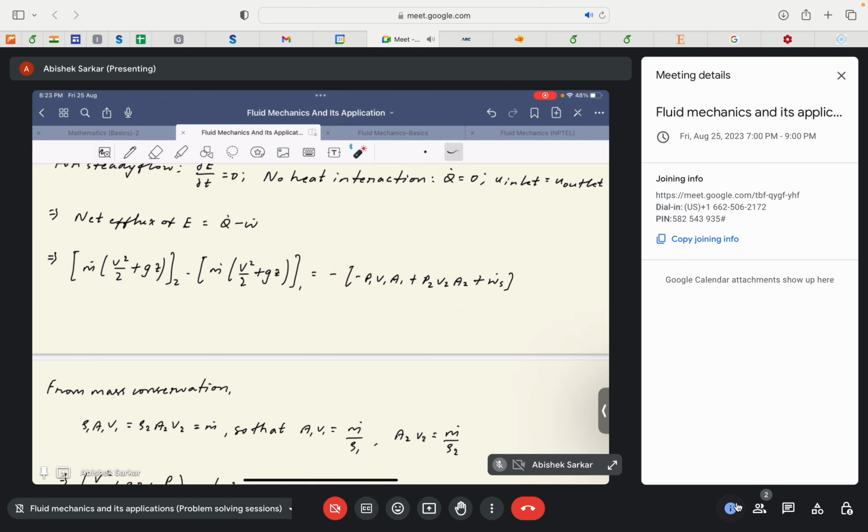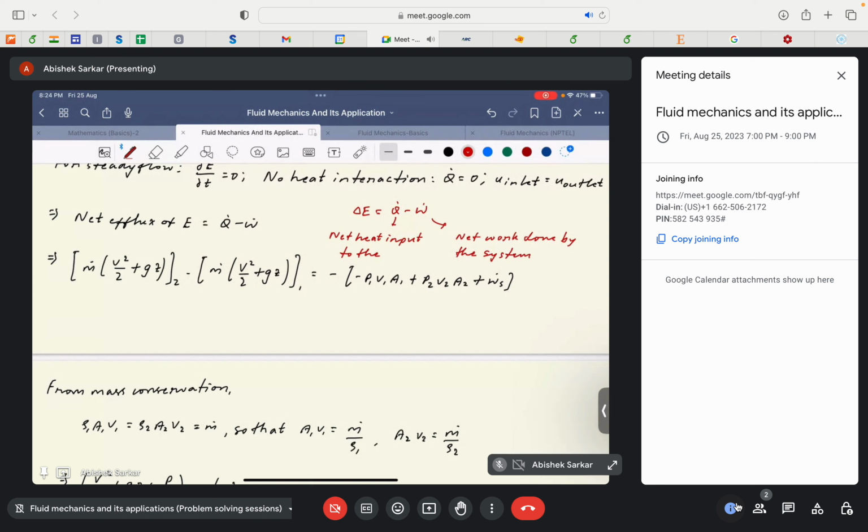again I will just reiterate the first law of thermodynamics and the sign convention. For the first law of thermodynamics, we say del E is equal to Q dot minus W dot. Okay, where Q dot is heat input to the system, or ideally I should write net heat input to the system, and W dot is net work done by the system. Okay,